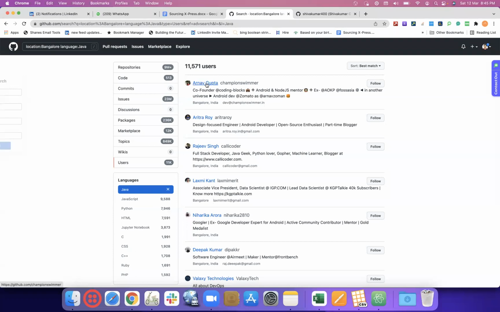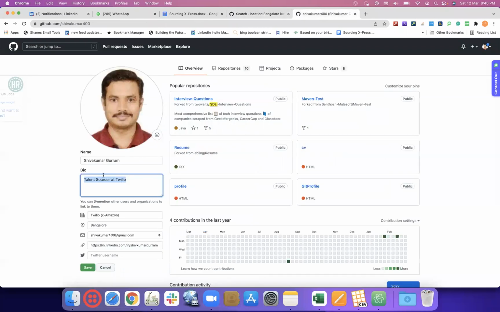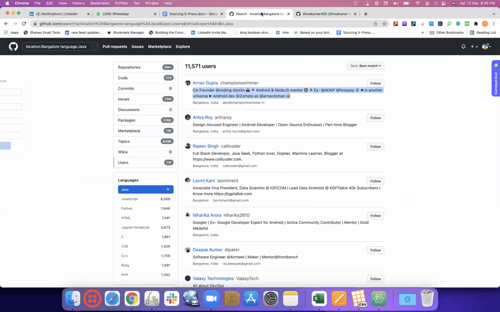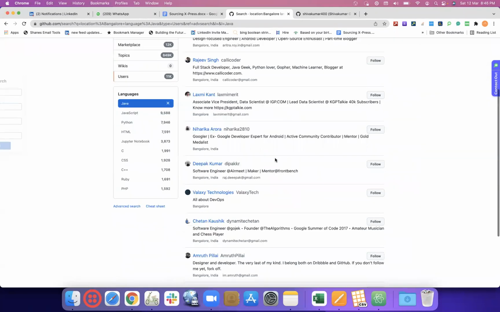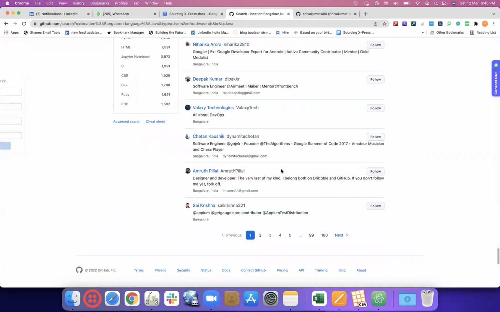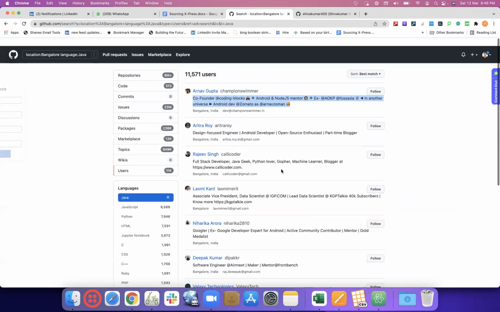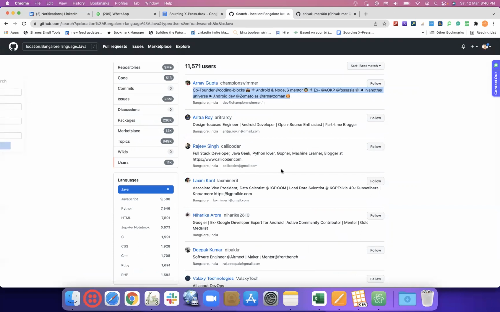This is their username, and it's clickable, so there's a URL behind that. Then this is again a user ID, again a clickable URL behind that. Then this is the bio, which is nothing but whatever text they have written over here. This we are able to see, and then location and then email ID. For most of them there's an email ID, but very few of them want to keep it confidential, so they won't disclose it. But otherwise, we have other ways to identify those email IDs.